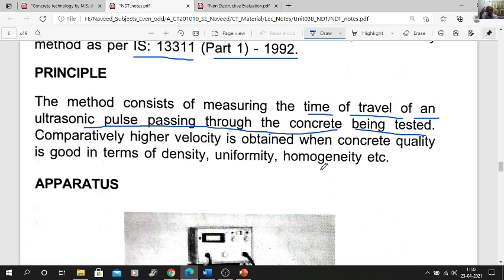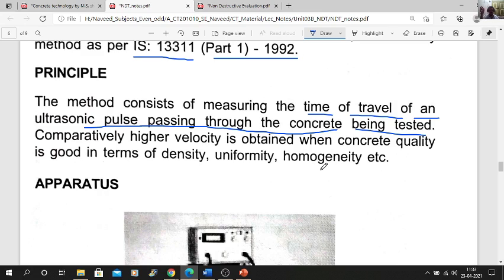So in the rebound hammer we are measuring the surface hardness, and then comparing it with the compressive strength. Here the travel time of the ultrasonic pulses passing through the concrete is recorded, and through that we can find out the concrete quality based on the velocity.